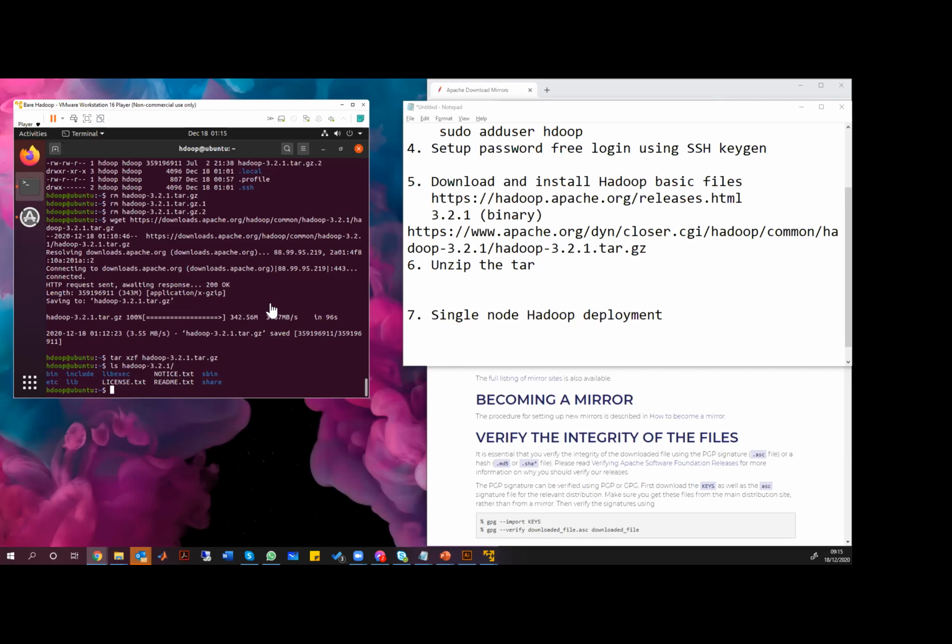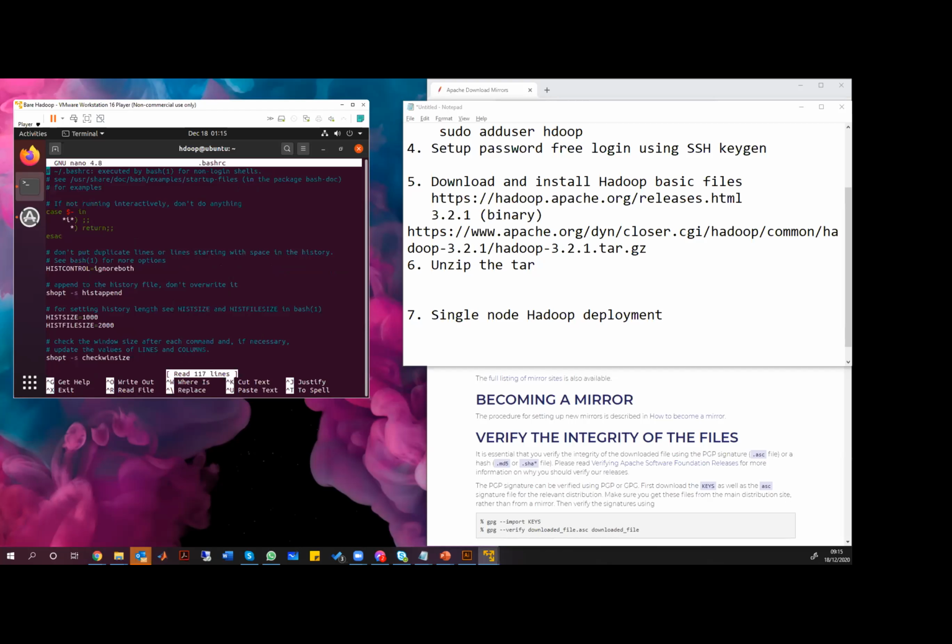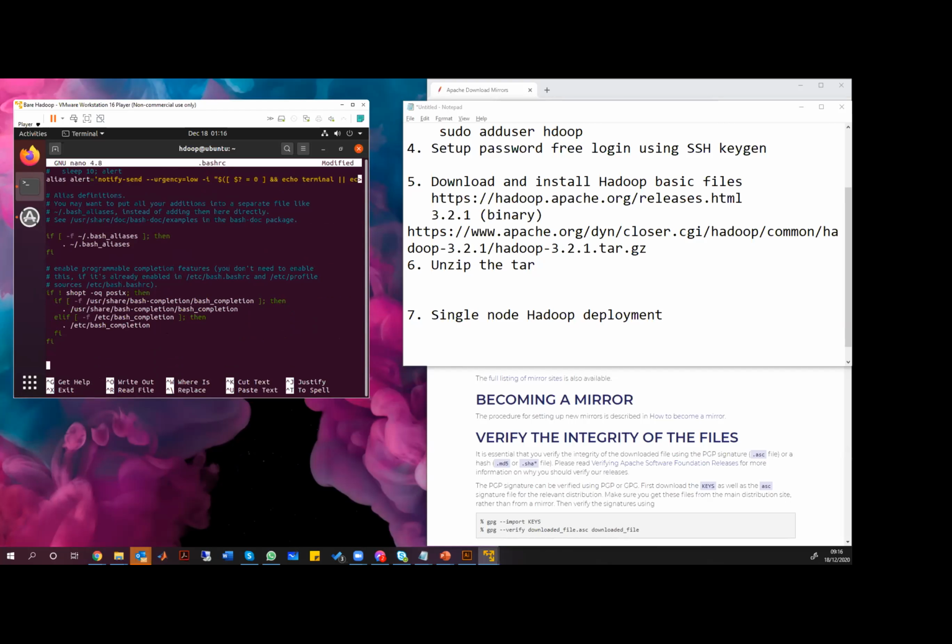Now, how do you do that? We can do that using the command nano bashrc. Now here you can see that this is the default environment file. In this default environment file, there are the Hadoop related folders that we need to put here. So these Hadoop related folders are, for example, let me just say